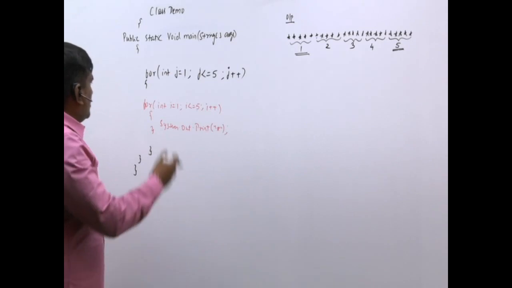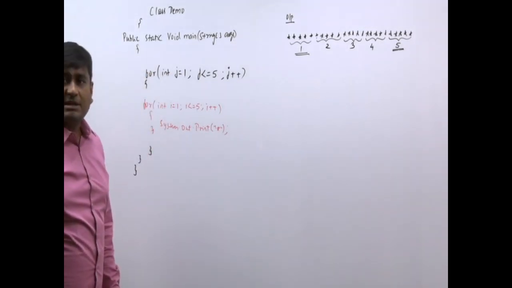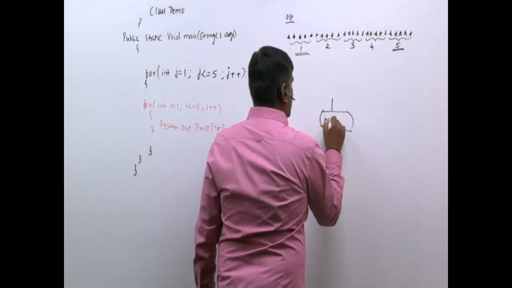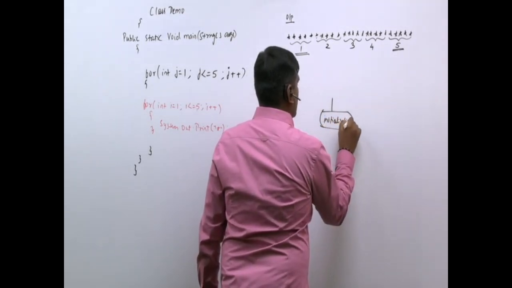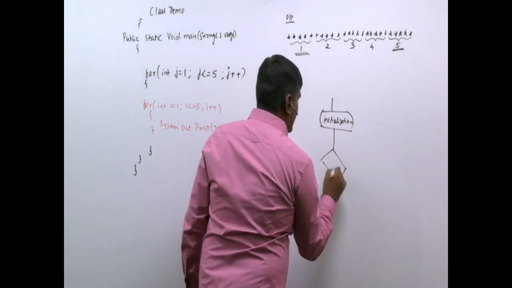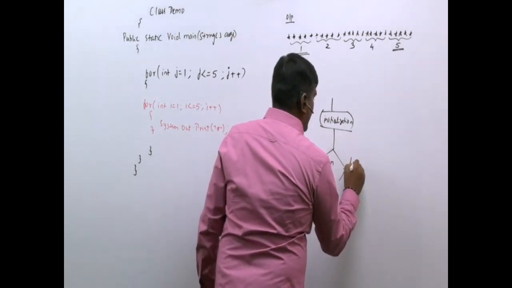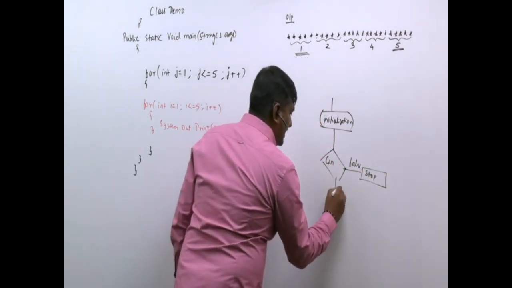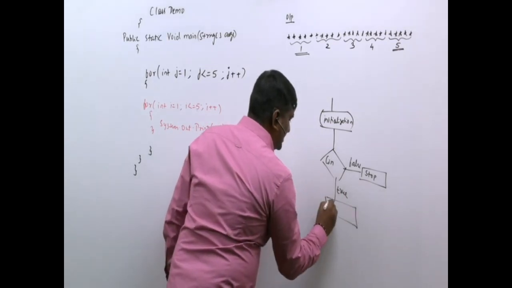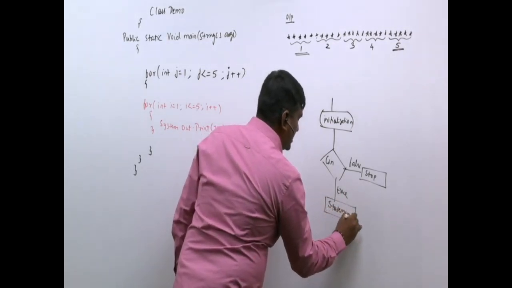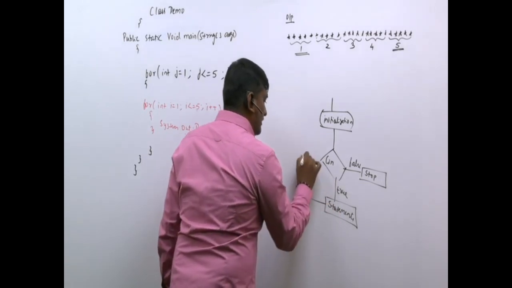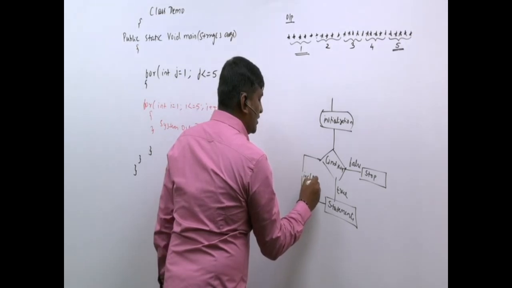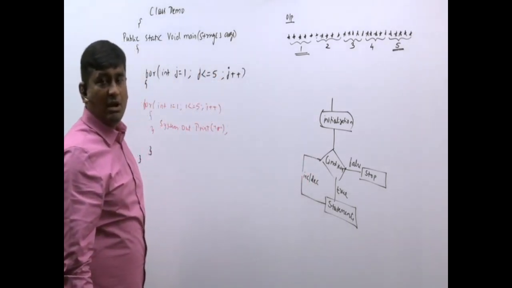Oh, sir, but here two for loops are there. How does the execution happen? You know the flow chart. For loop will work like this. First, initialization. After that, it will check the condition. If the condition is false, then it will come outside the for loop. If it is true, all the statements present inside it will execute, and from the last statement again it will go back and check the condition, but before checking the condition, it will either increment or decrement. Now we will see how the execution happens.